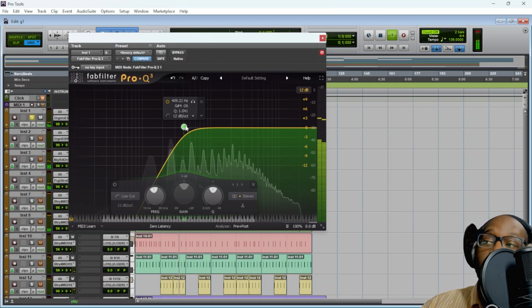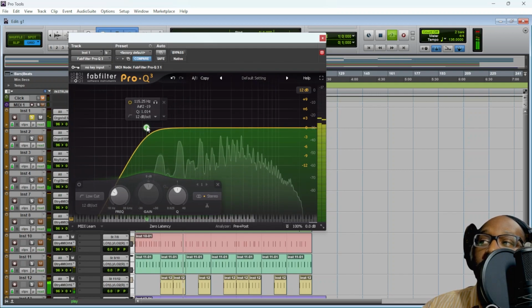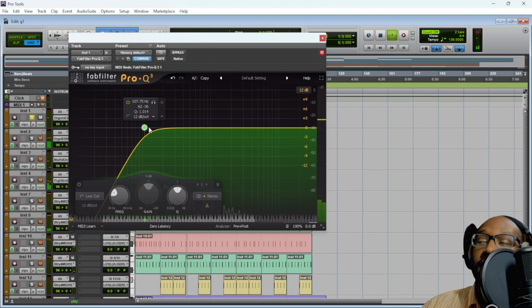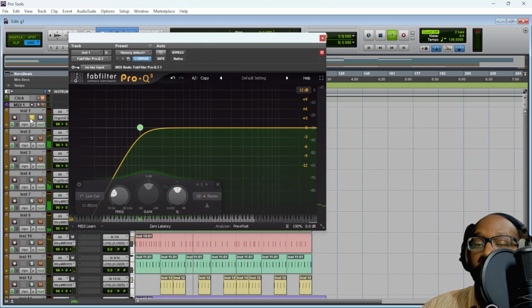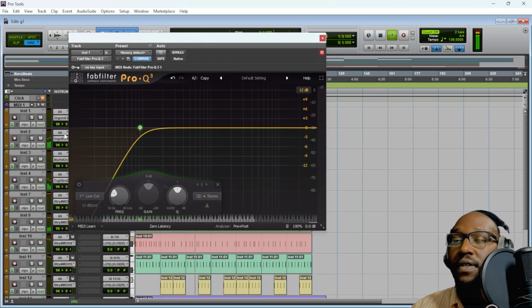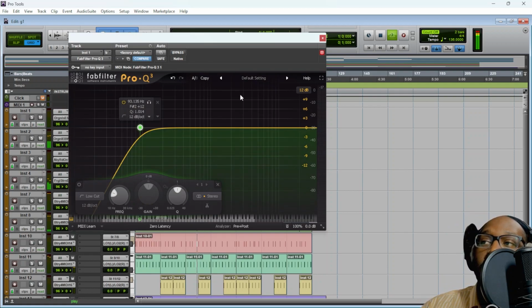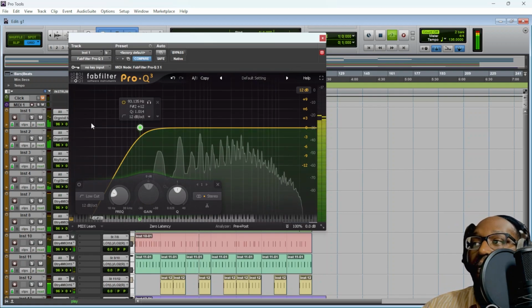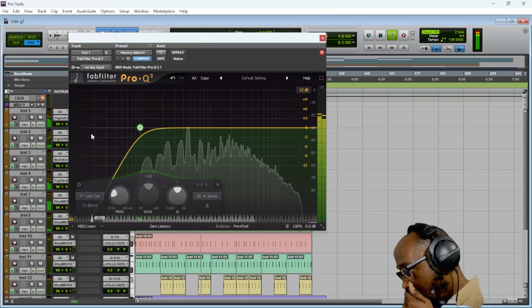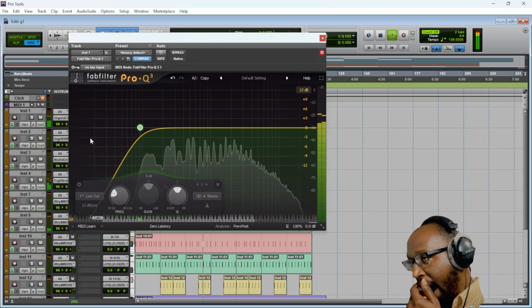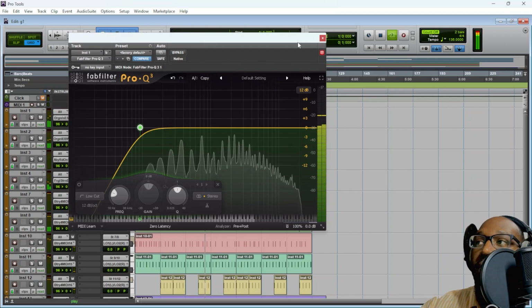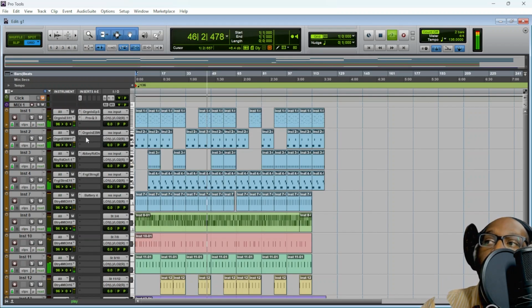Now that could be a good effect if I want it, but I do have that low octave in there, and that gives it a little bit more power. So I make sure I just roll it right up to the lowest fundamental. And then I also